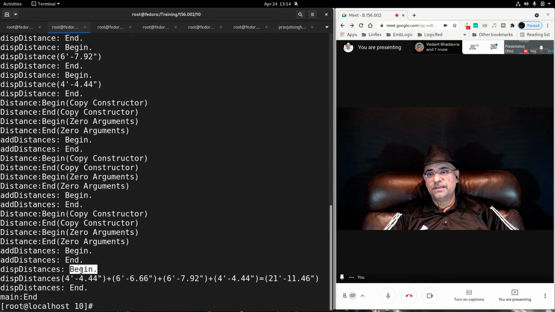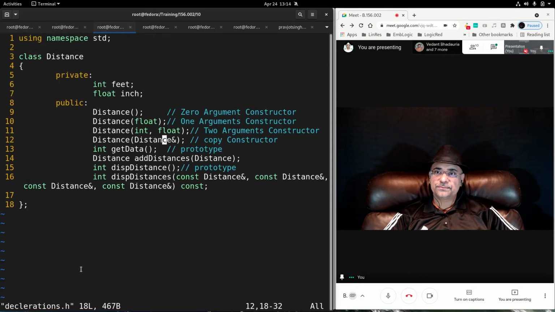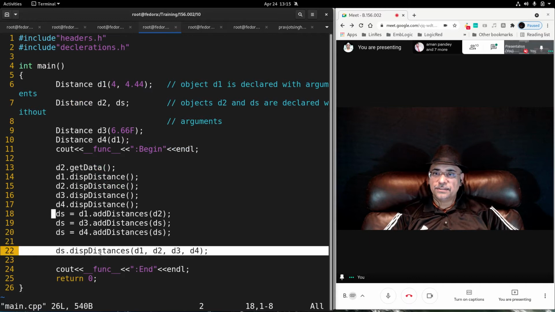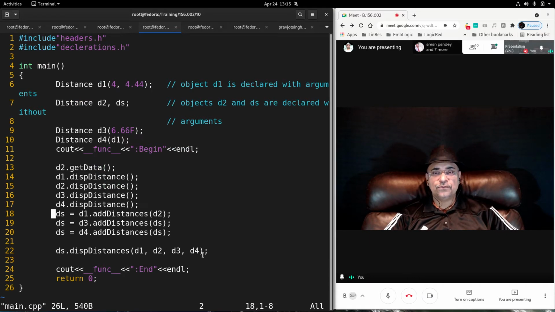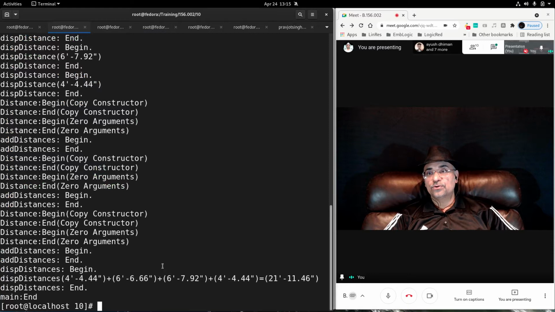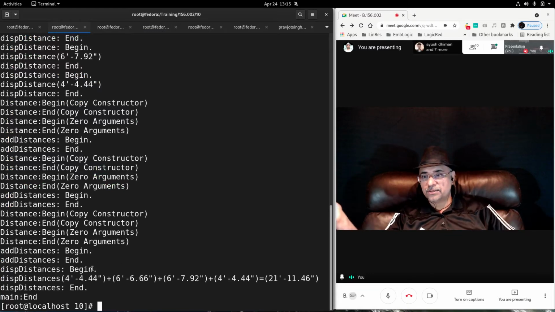Then finally display distances was invoked by you, where all 1, 2, 3, 4 objects are passed as argument. So for all the 4 arguments that are passed, it is displayed.